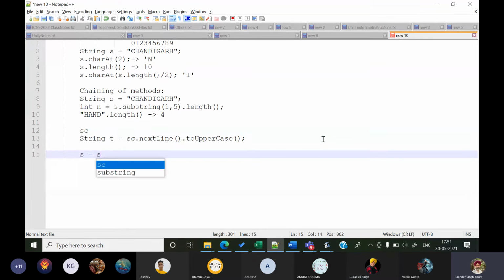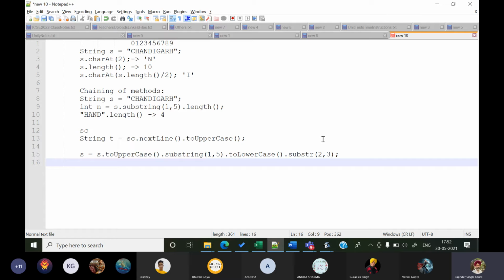If I write s is equal to s dot toUpperCase function dot substring 1 comma 5 dot toLowerCase function dot substring 2 comma 3.